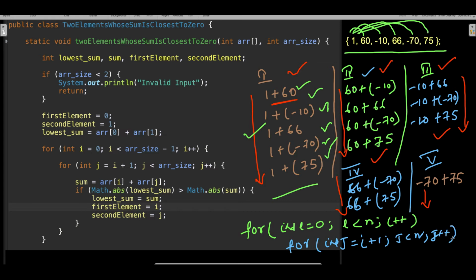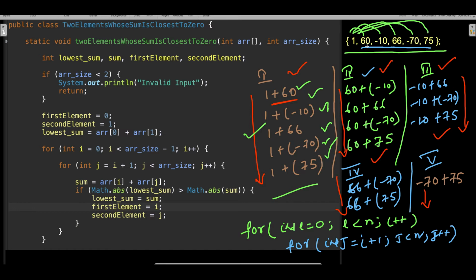You got it? Why should this start at i plus 1? Because if you look, when i was 0, you are summing i with the next number. So this is your j. For the first one, these are the j.